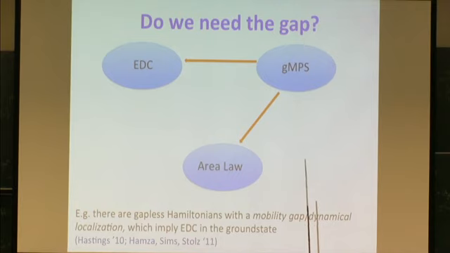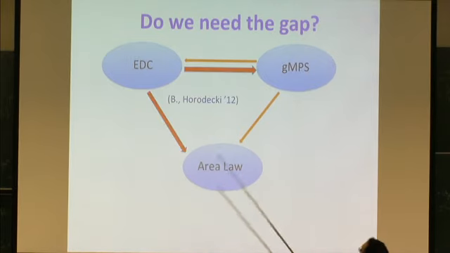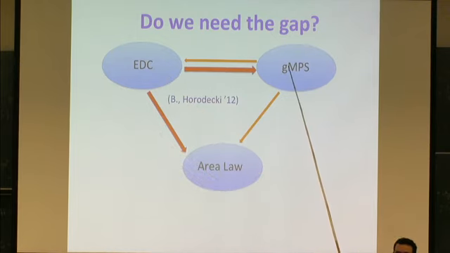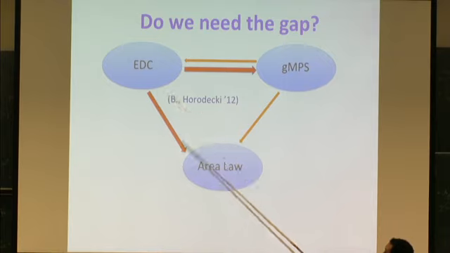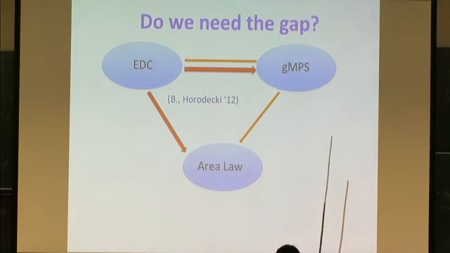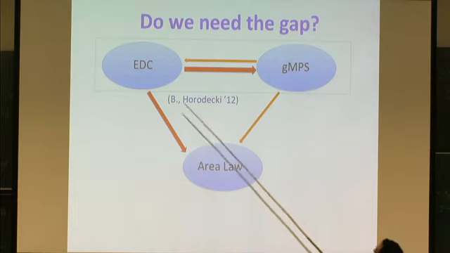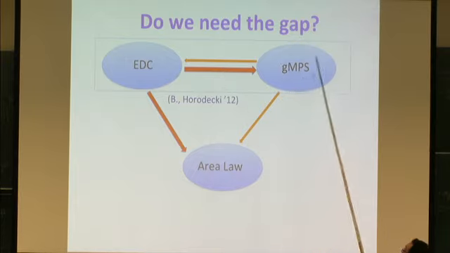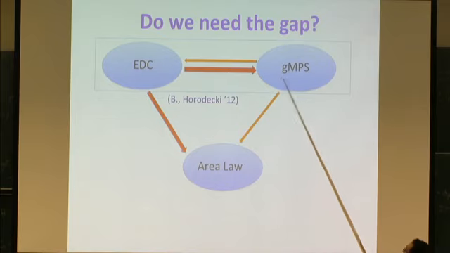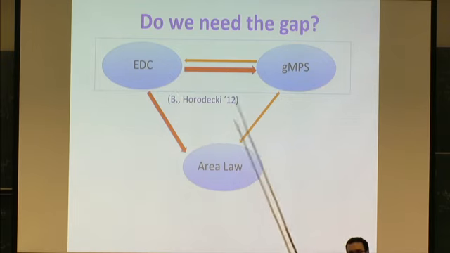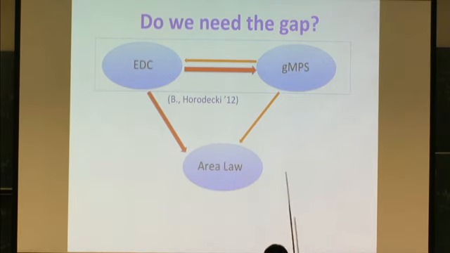And this is the result I want to tell you. From exponential decay of correlations, we can show that there is a matrix product state and show an area law without any Hamiltonian. So it's just a property of states now. And this gives an equivalence between these two classes of states, which I think is nice. It tells us more about this class of states, that it's equivalent to this maybe more natural class of states a priori. Any question?